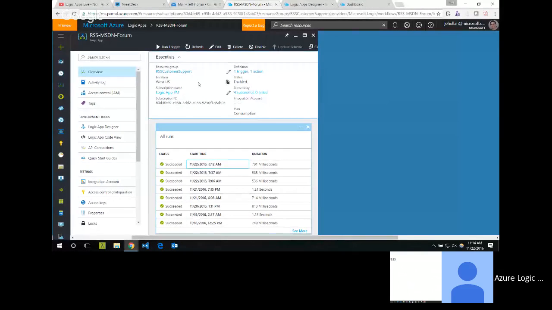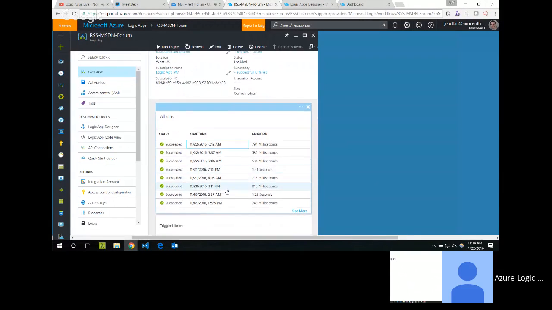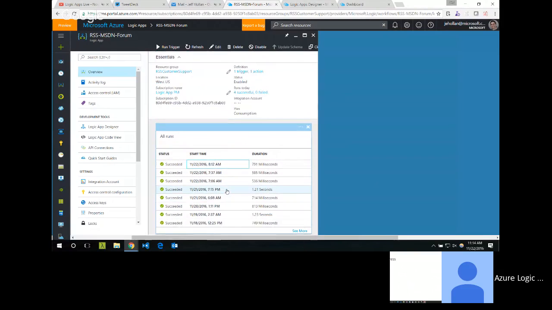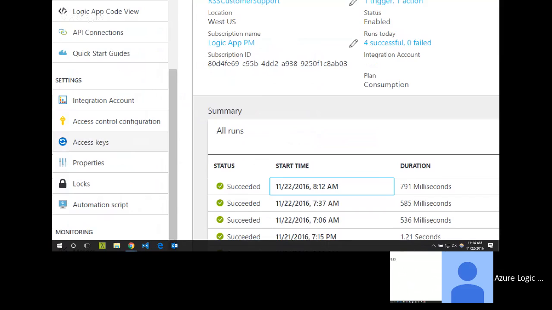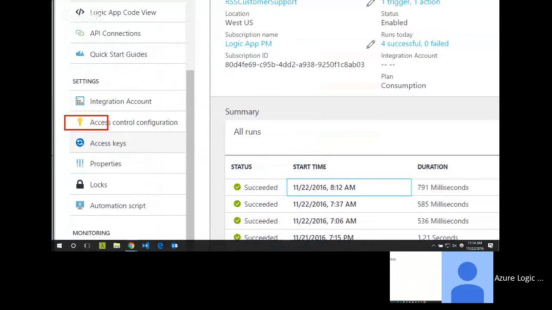So we have here a logic app. This is actually my logic app I use to monitor our MSDN forum. It gives me a nice push notification whenever someone posts on our forum, so I know to go look at it and help. Some of the new things we've added here are these pieces on access control configuration